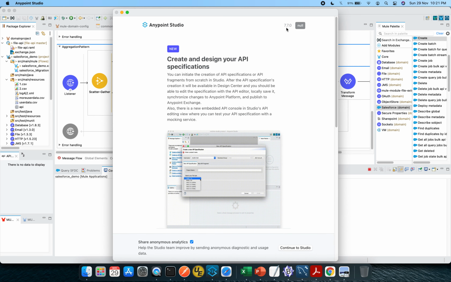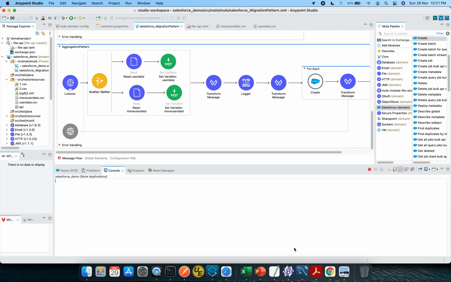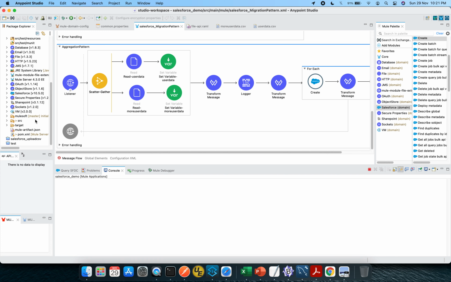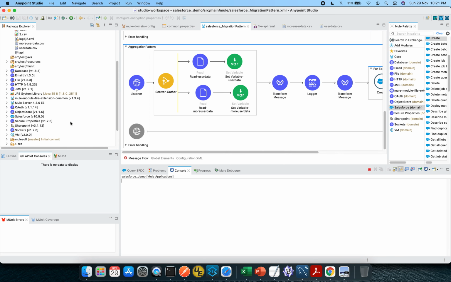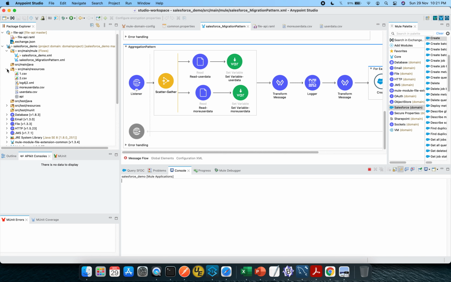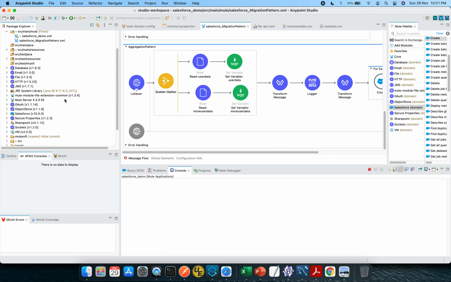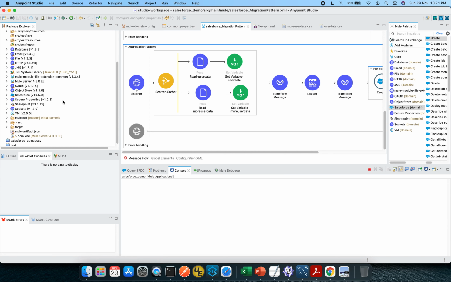As you can see, I am currently opening Anypoint Studio 7.7, the latest version available, and I'm using the Mule runtime 4.3.0, as you can see over here. Let me minimize everything so that I can pinpoint the relevant information.